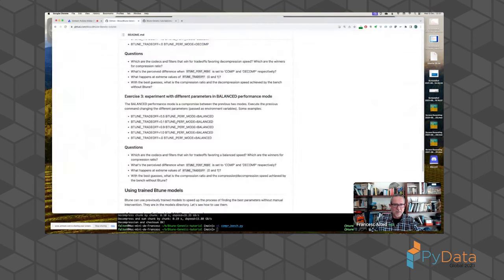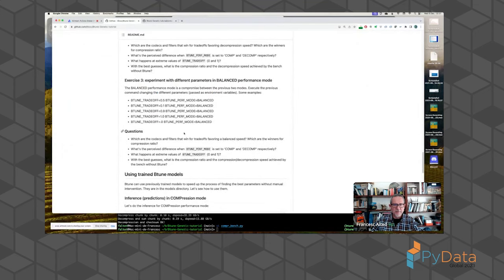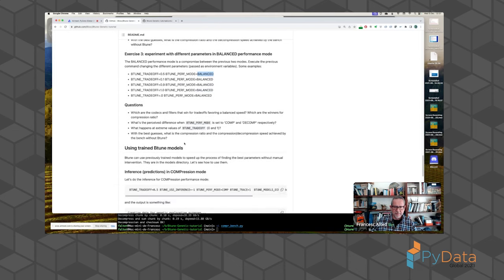Good. So now it's time for experimenting with the balance mode. Balance is an interesting mode because it takes into account not only the compression ratio, but also the compression speed and the decompression speed separately. Both are used in order to assess good compression parameters that make a good balance between compression speed and decompression speed, and that can also provide better